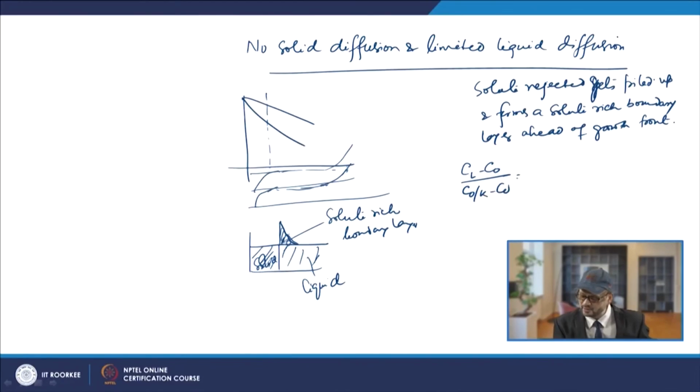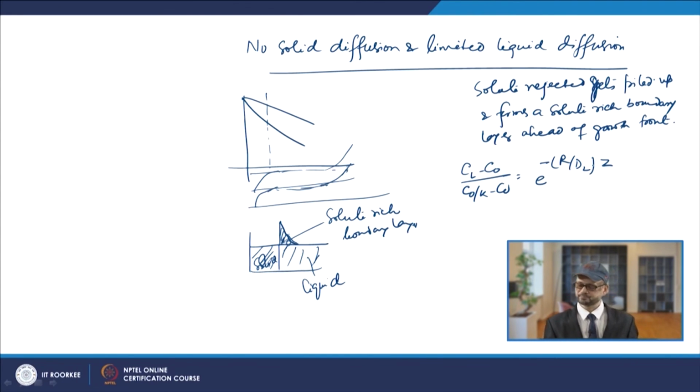So, these are basically the three cases, and again here there is a certain mathematical formulation for finding the steady state composition profile, and it has been shown that it will be Cl minus C naught by C naught by K minus C naught, which is exponential raised to the power minus r by Dl into z. In this case r is the growth rate, and